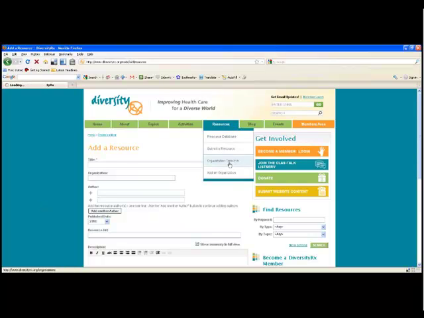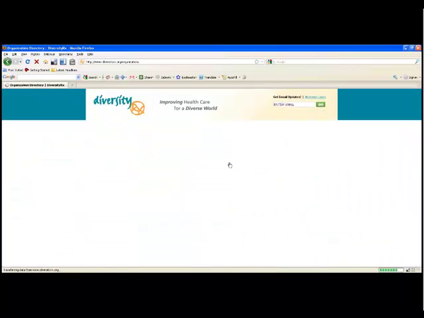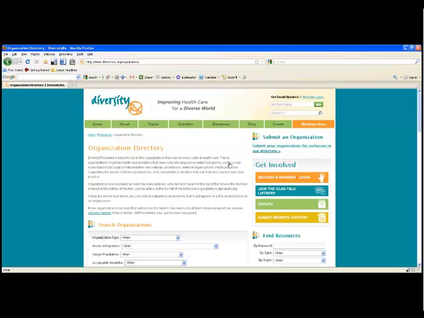Now let me take you to another interesting part of our website, which is the organization directory. Basically, our database has 3 kinds of entries in it. It has resources, it has organizations, and it has people. And we'll get to the people part just shortly. But right now, let me tell you a little bit about the organization database.